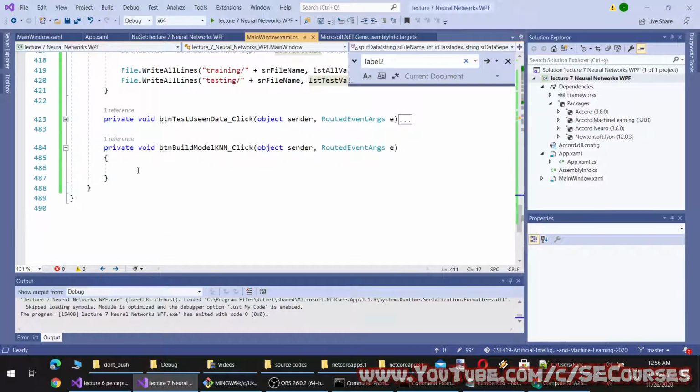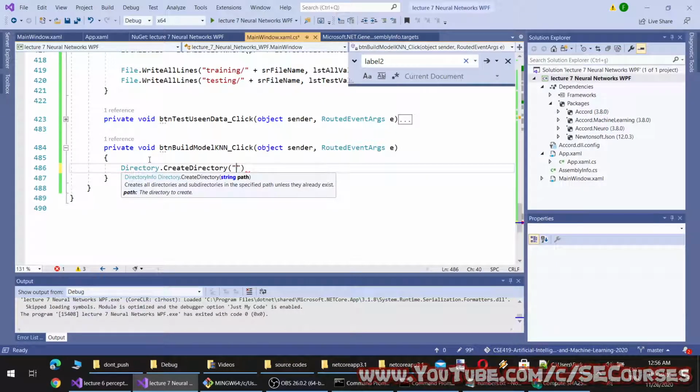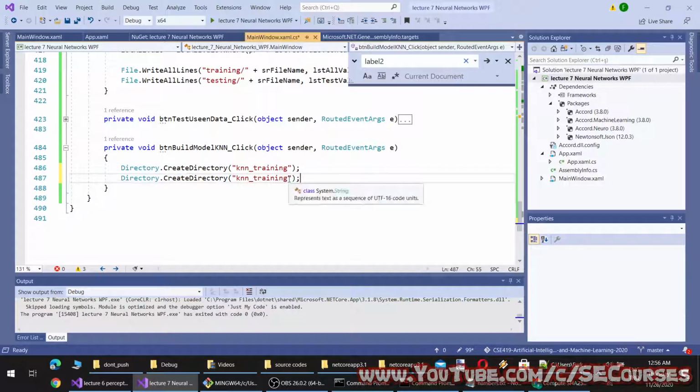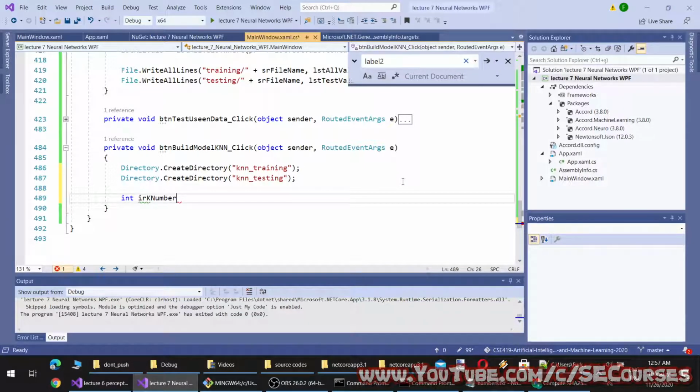And so basically, directory, create directory, KNN test training, KNN testing. Int K number equal to 10.